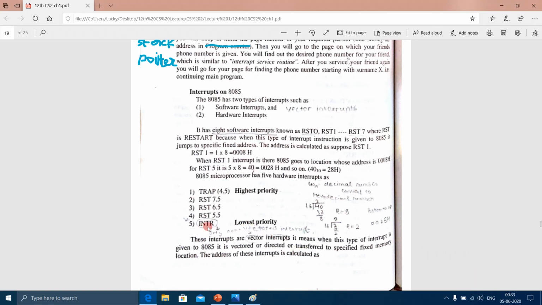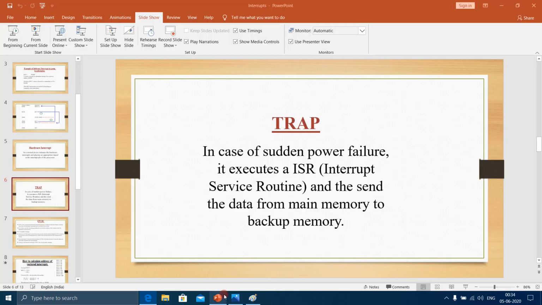INTR is a non-vectored interrupt. That means when this interrupt is received, the microprocessor doesn't know where this interrupt is coming from and where it has to jump, at which location, which address it has to jump.